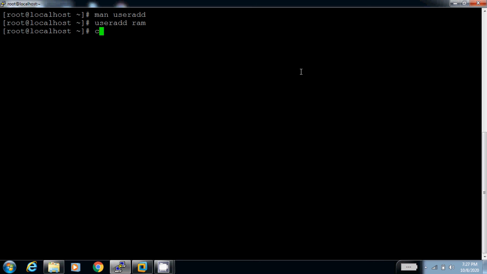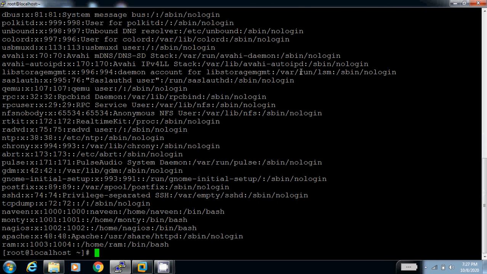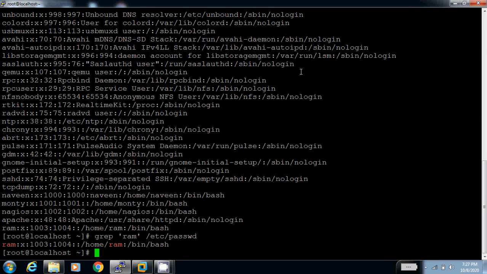See, now the Ram entry. /etc/passwd has an entry for the Ram profile. We can read the file /etc/passwd. We can search with grep Ram /etc/passwd.